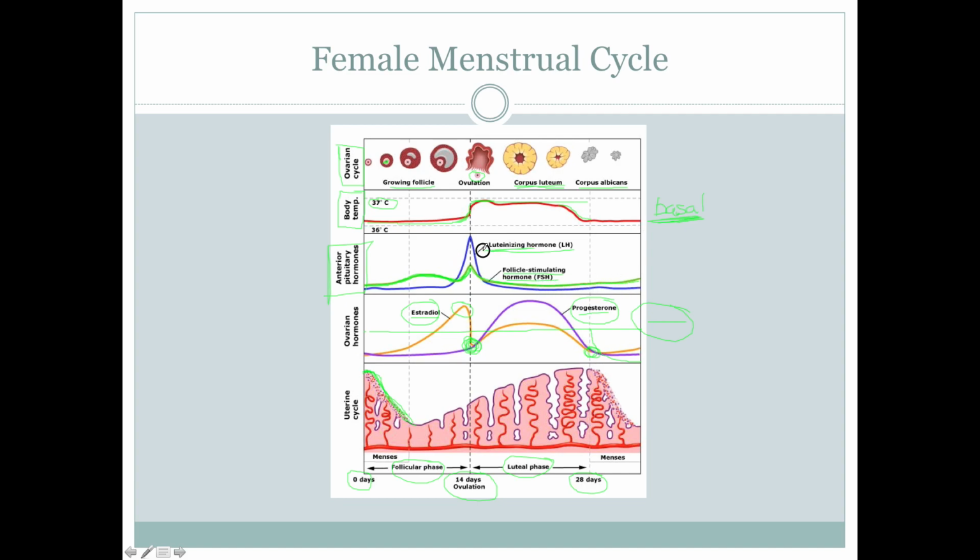The luteinizing hormone, the yellow hormone, the one that makes things yellow, LH, that is the one associated with ovulation. So same thing, when this dominant follicle gets really, really big and makes a ton of estrogen, that will cause the pituitary to release a huge spike of luteinizing hormone. That LH will drive this process of ovulation. Then LH can go down.